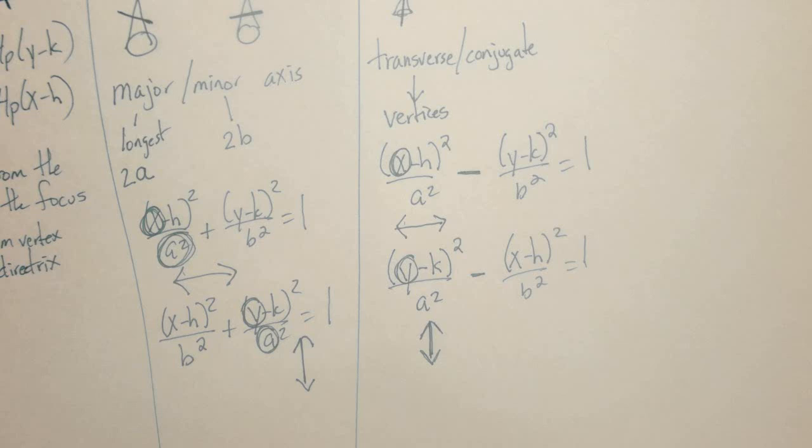The two axes are the transverse and the conjugate. The transverse is where you find the vertices, so it's vertices to the halfway point basically. And the conjugate is the distance between it and, I think it's between the co-vertices. Asymptote. Yeah,